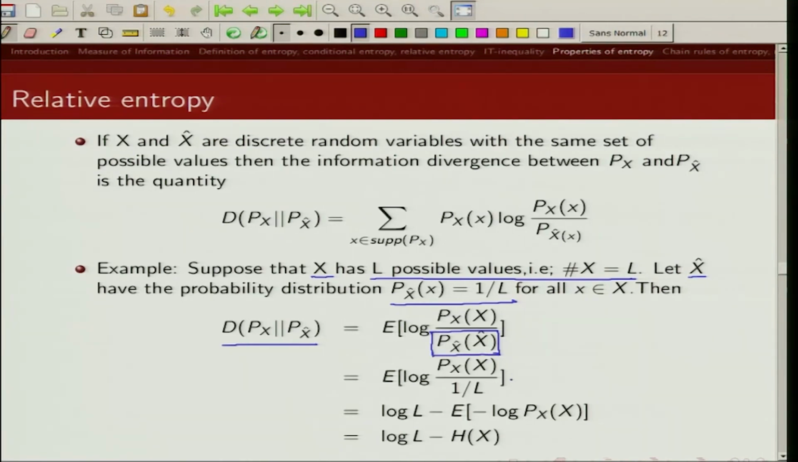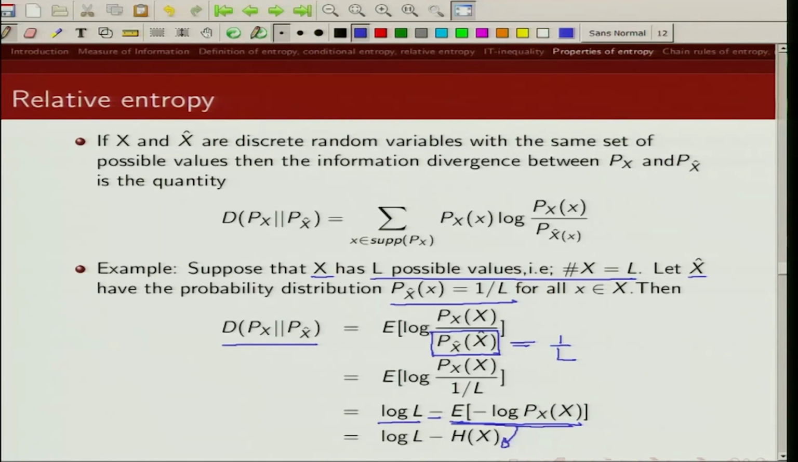This is uniformly distributed, so this is basically equal to 1 by L. So if we plug that in here, we get expected value of log of L times p of x. So log of L does not depend on x, so I can take it out. So log of L, and then what I am left with is expected value of log of p of x. This I can write as minus of expected value of minus of log of p of x. And what is this quantity? This is our entropy. So then